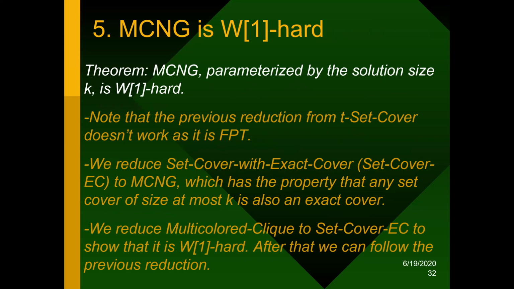So in fact, we reduce a new version of set cover, which we call set cover with exact cover, or set cover EC for short, to this MCNG problem. It has a property that any set cover of size at most k is also an